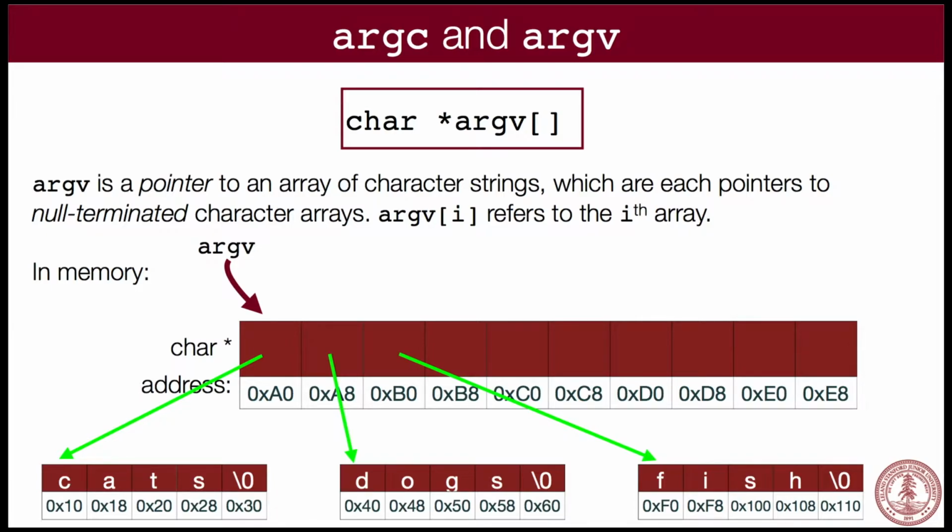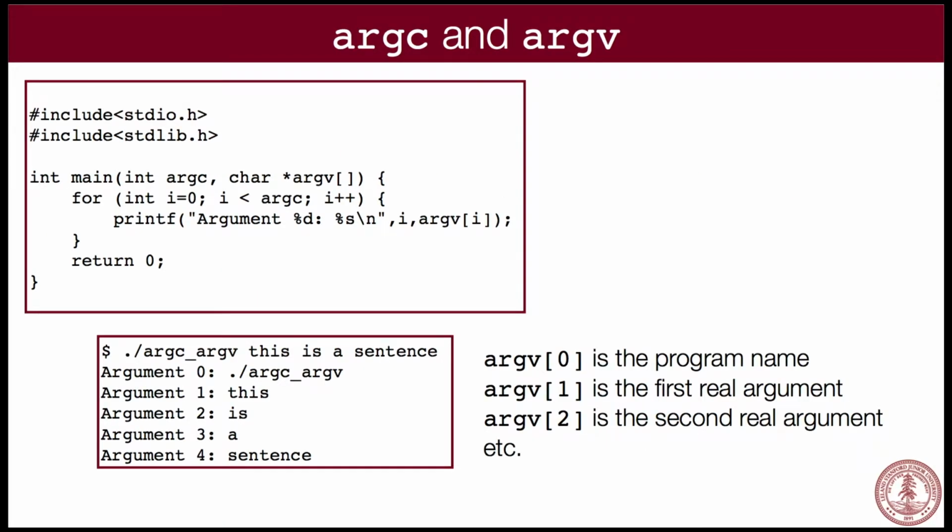And if you say, let me go back up here again. If you say argv bracket some number, it knows which one of those to go to. So a couple things to take away from that are that you can use this bracket notation to walk through arrays, just like every other language you've used so far, which is great. And the second thing is that somehow under the hood, the compiler knows how to count by 8 when you say go 0, 1, 2, 3, 4. It knows that it needs to count by 8 to get to the next one.